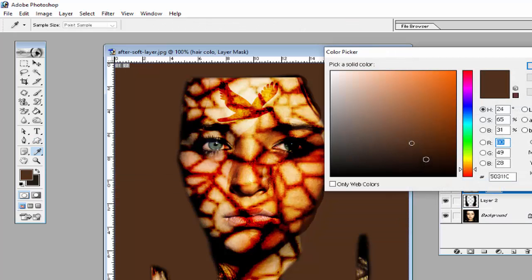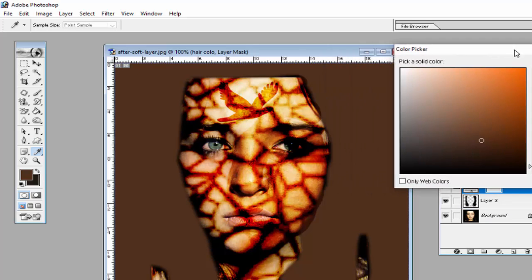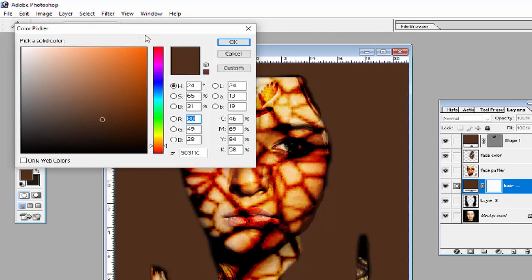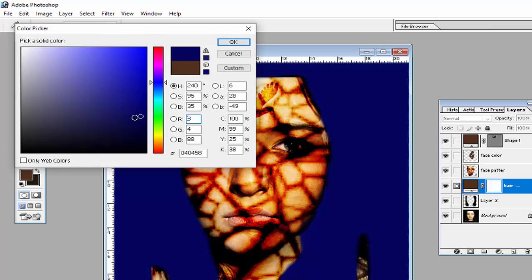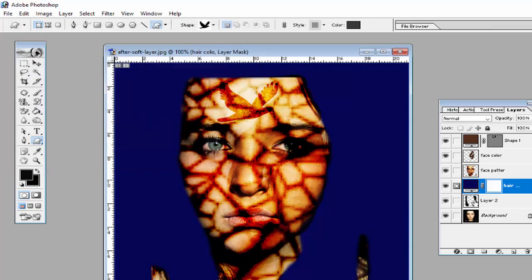You will see the image will look like this. And now select the color of the hair from here, like dark blue color, click OK, and merge layer 1 and hair color both.